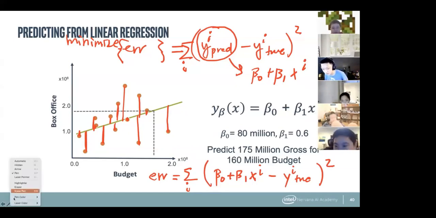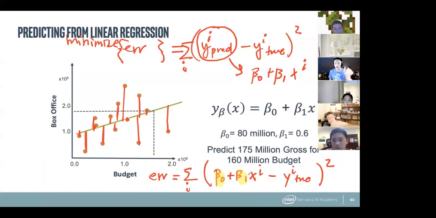Here, let me highlight it. We have these two things, beta 0 and beta 1, that we can tune. Remember I was talking earlier about knobs on a little dashboard, where you can tune these knobs so that your error is really small. These are exactly the knobs that we want to be tuning to make our error small, beta 0 and beta 1. So in more mathematical lingo, this is considered the minimization over beta 0 and beta 1 of the error. And this error is defined here.